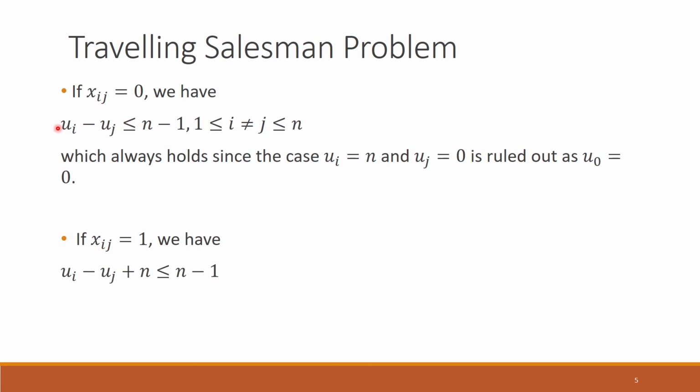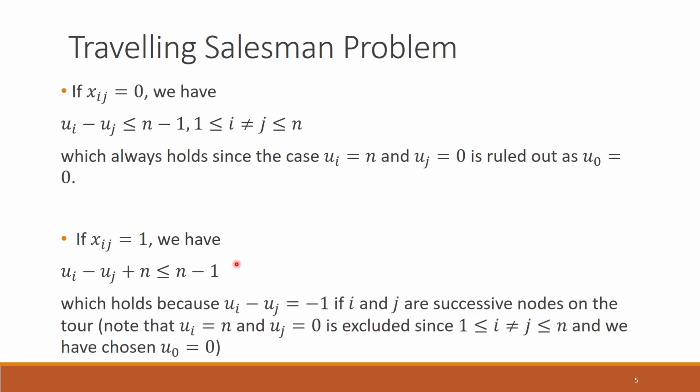So, in that case we are again writing down this new set of constraints here. Now, it is ui minus uj plus n xij, and xij is equal to 1. So, that is why it is n times 1 here, and this is less than or equal to n minus 1. Now we need to argue that if we set the u values in the way that we proposed in the last slide, that is for node 0 set u equal to 0, and for node i set it equal to t if it is the tth node that is visited in that tour, then this condition will always be